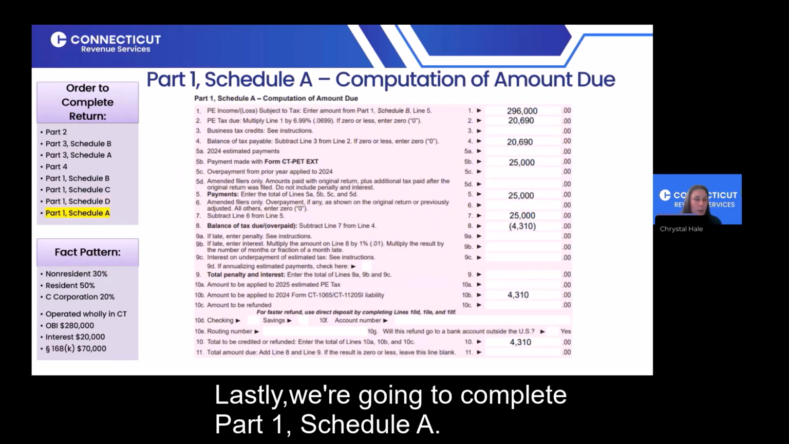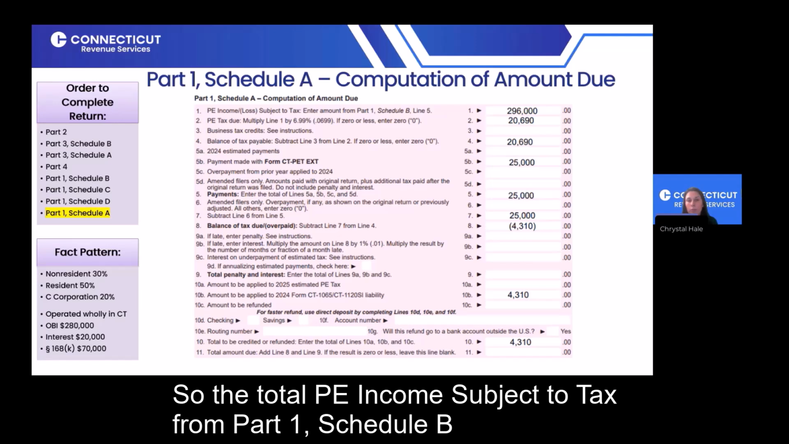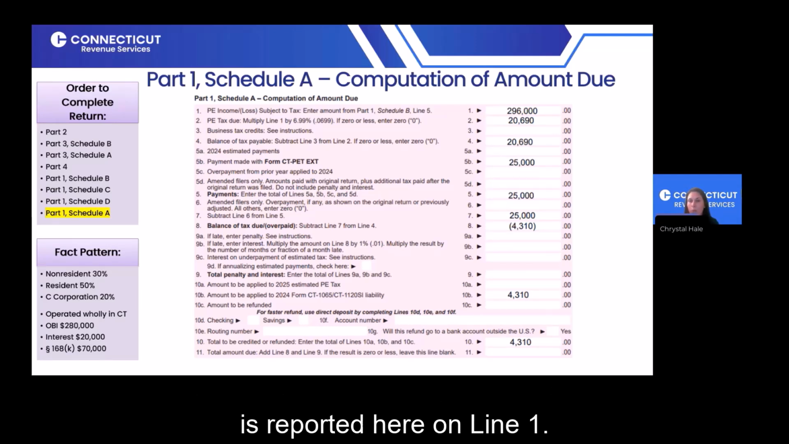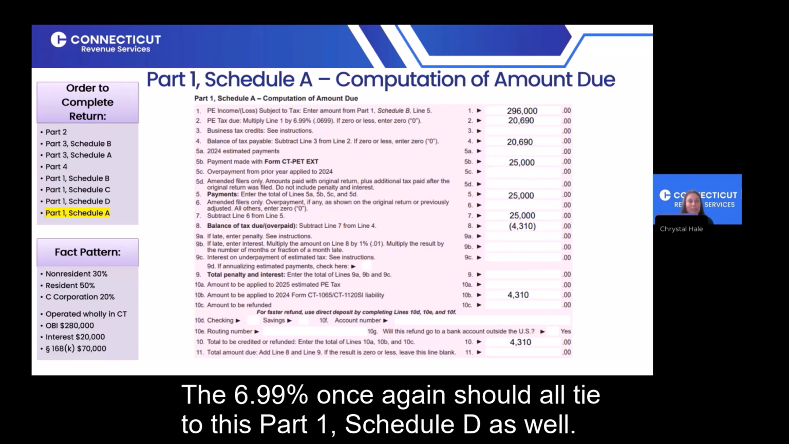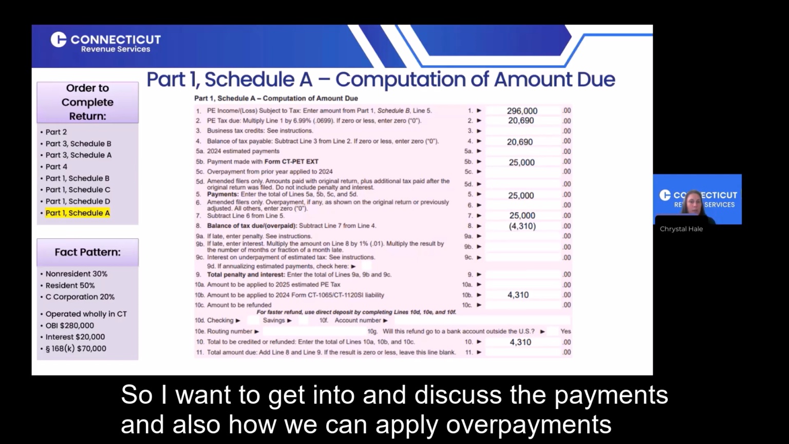Lastly, we're going to complete Part 1 Schedule A. This is where we determine the computation of amount due. So the total PE income subject to tax from Part 1 Schedule B is reported here on line 1. The 6.99% once again should all tie to this Part 1 Schedule D as well. We have a liability of $20,690. So I want to get into and discuss the payments and also how we can apply overpayments on the